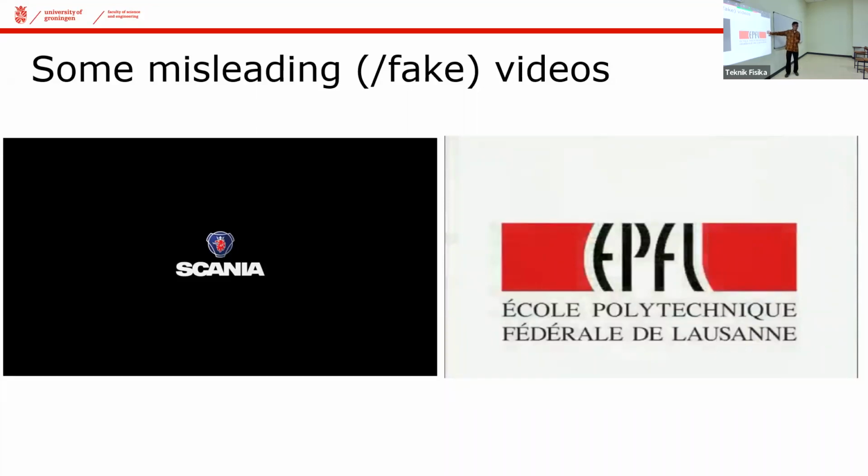While on the right hand side, what has been done by the EPFL is that they start from the real logo, and they program all of the robots to move randomly with collision avoidance, of course, moving randomly around the room. They record everything, and then what they do is just play it back from the end to the beginning. When they do that, it creates the sensation that all of the mobile agents started from random positions, and then converge to the right logo, seemingly in a distributed way.